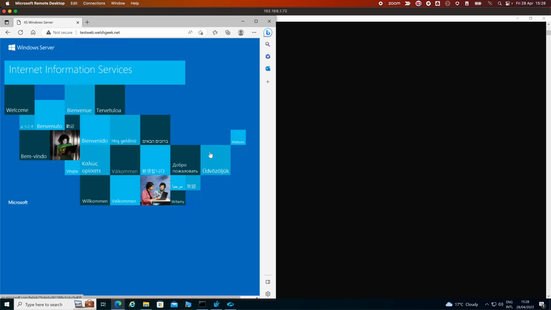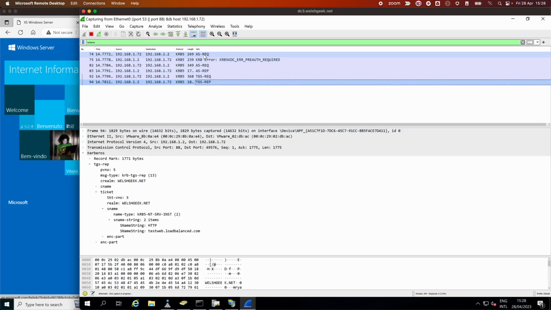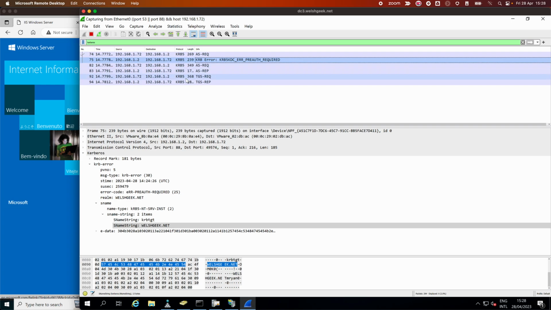And it went and got that page correctly. And so the client, in fact,